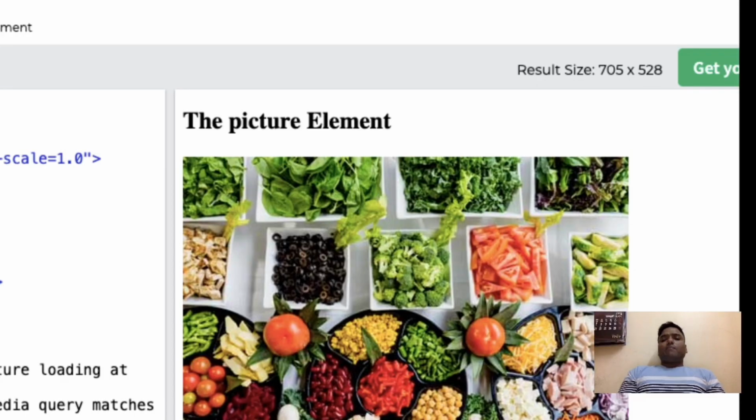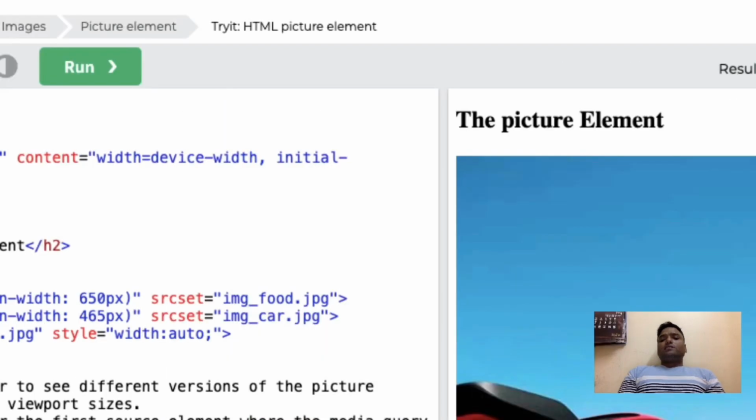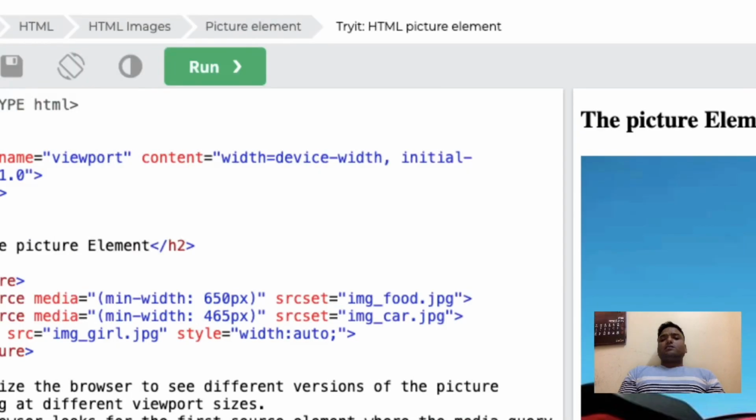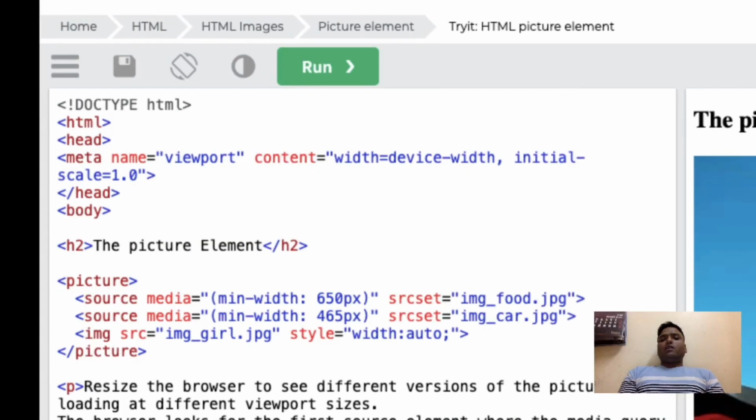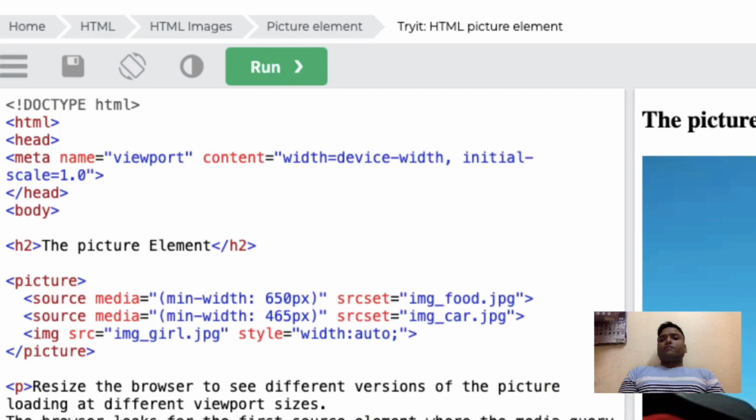Here you can see when I am changing the screen size, the picture element is being changed. Now the screen is bigger and the element shows a car. When it is further changed, it will change to a vegetable or food. So you can see what we have done here.